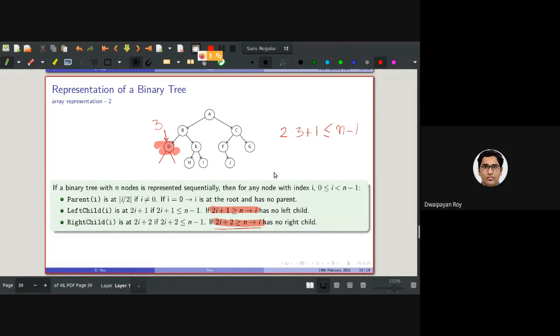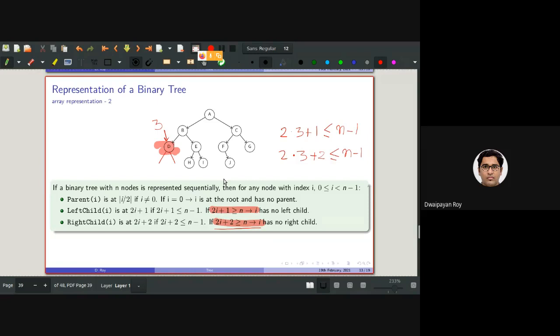And also 2 into 3 plus 2 is less than or equal to n minus 1 here again, isn't it? You agree? Yes, sir. You can understand the confusion.